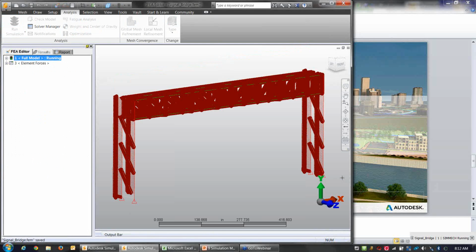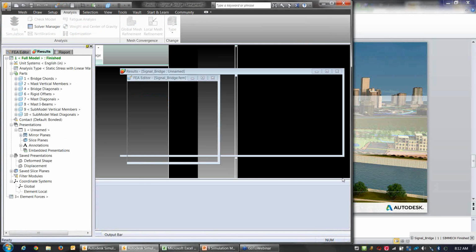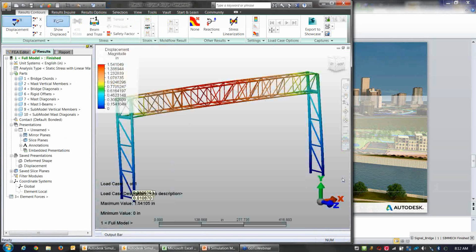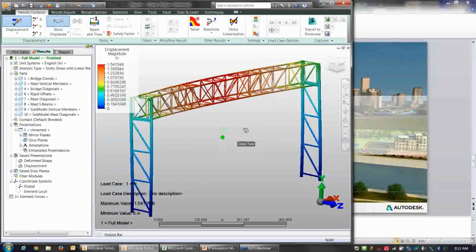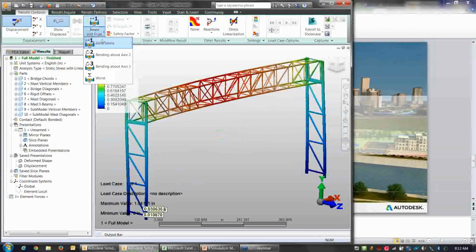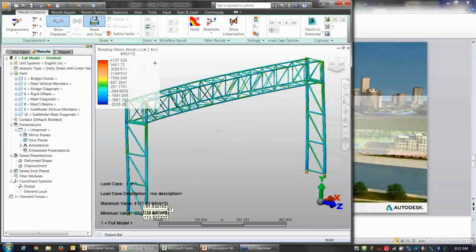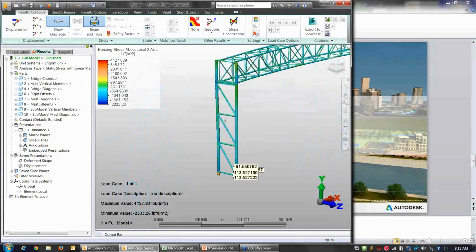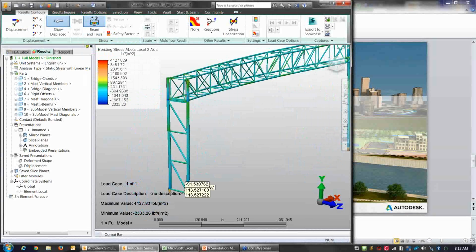Just take a moment, demonstrate the advantages of linear static analysis. All right, we're done. Already got our results, our displacements. We can look at our stresses, just review our model overall, see if, in general, it meets our design requirements. At this point, we're going to assume that the overall model does meet our requirements, and we're going to take